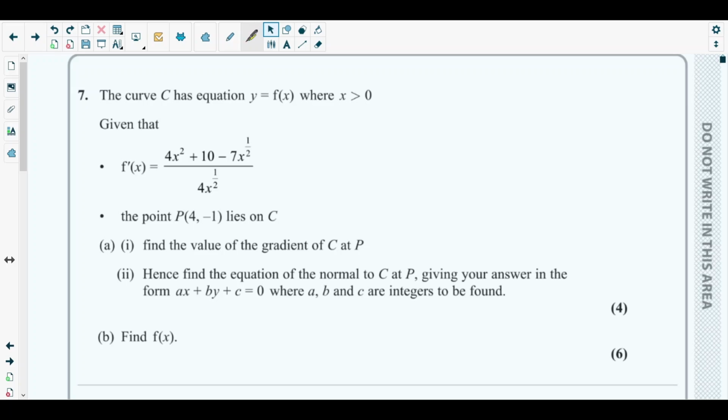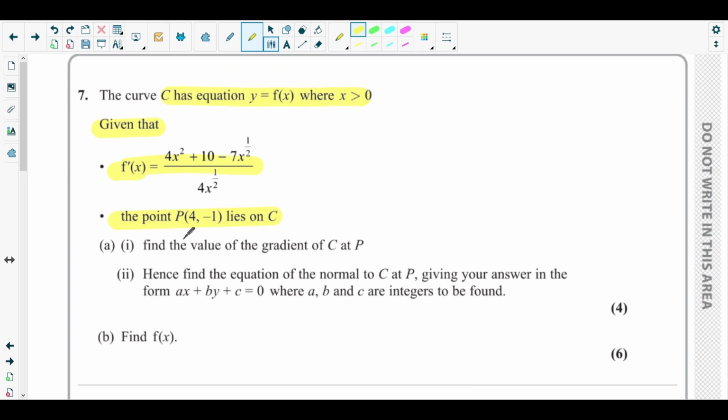Okay, so in question 7 it says the curve C has equation y equals f of x where x greater than 0, given that f dash x, the gradient function of f of x, is (4x squared plus 10 minus 7x to the power half) over 4x to the power half. The point P with x coordinate 4, y coordinate -1 lies on the curve C. Fine. So part A,